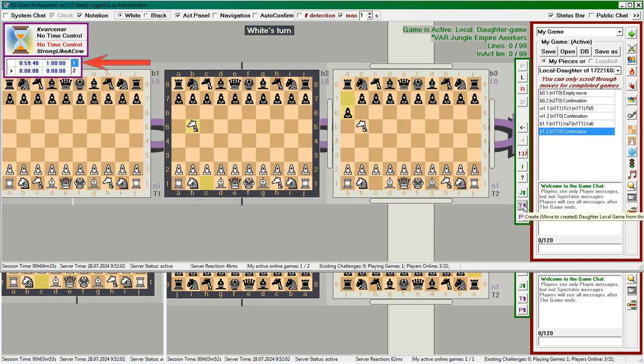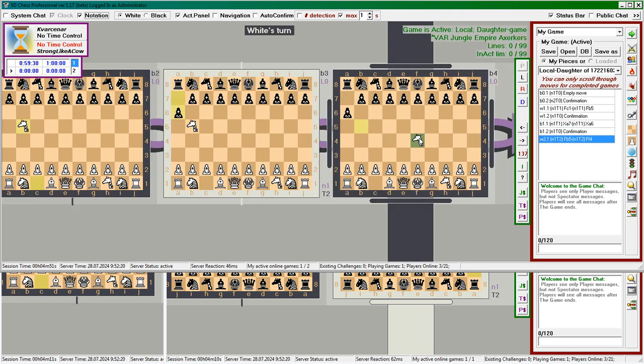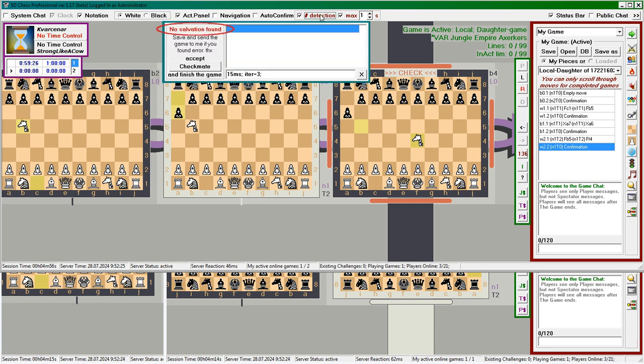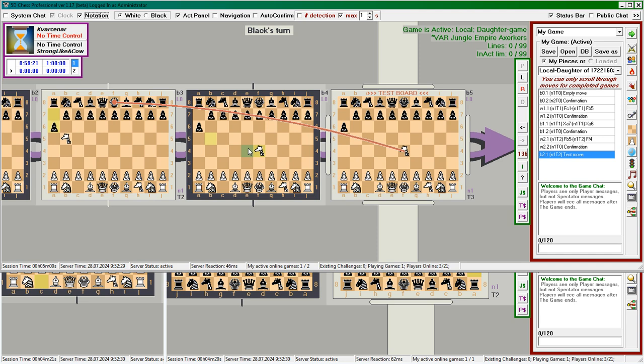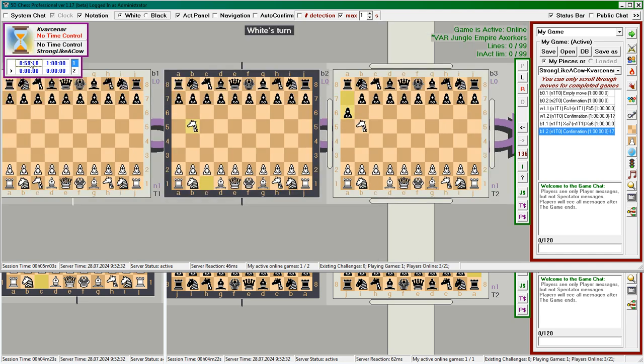Here you can see the clock readings in the main game. As you can see, white's time is running, and they are still thinking about their move. This way, you can know if it's time to return to the main game. So, the daughter game is created, and you can move the pieces as in a local game. You show the next move that white is thinking about, confirm it, and show that it's a checkmate. Then you return to the main game and wait with the viewers for white to find it.